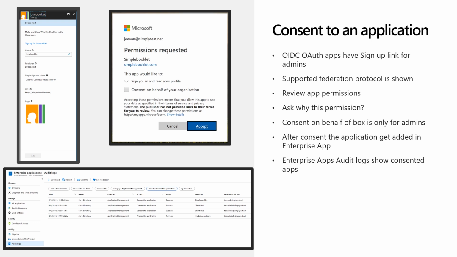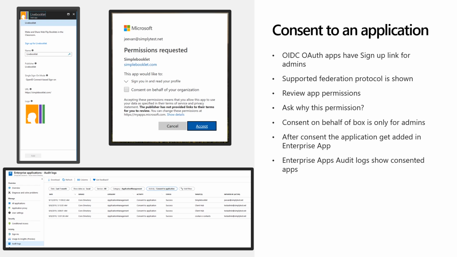You can see that if you are using mobile applications, or if you go to the Apple App Store or the Google Android Play Store and download applications, it will ask whether you want to give access to the camera or contacts or something like that. It's a very similar kind of experience. We call this experience consent to an application. This will show which application is trying to access your Azure Active Directory and what permission it needs to log in with your credentials.